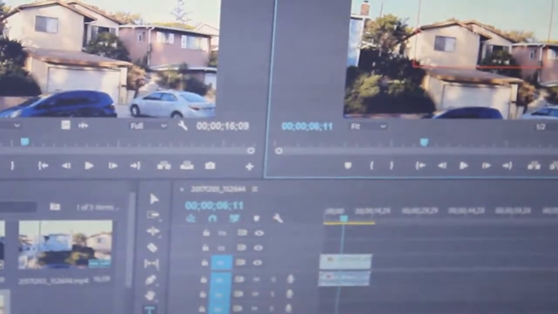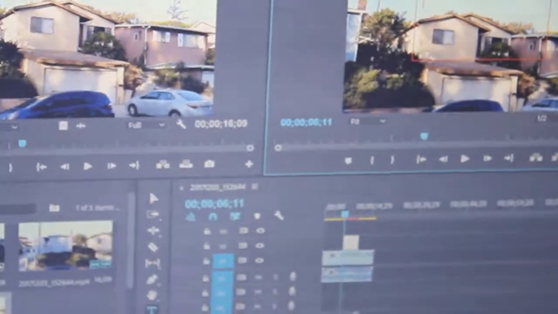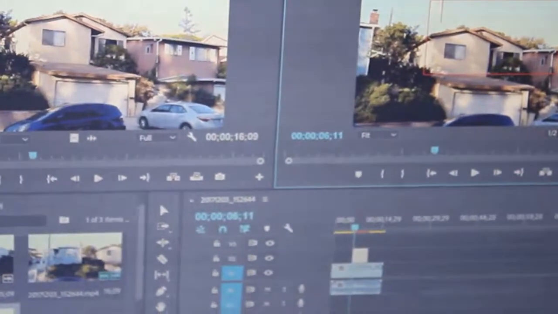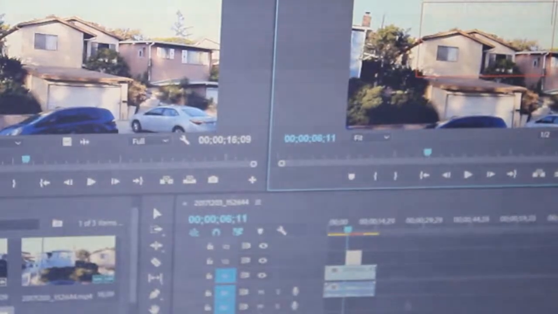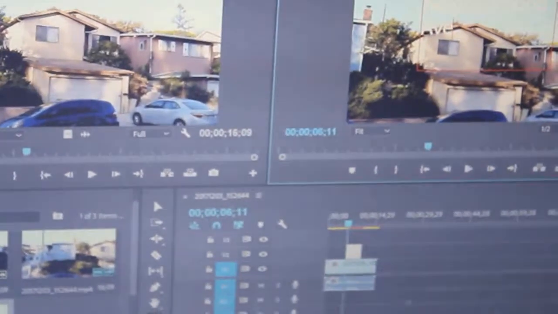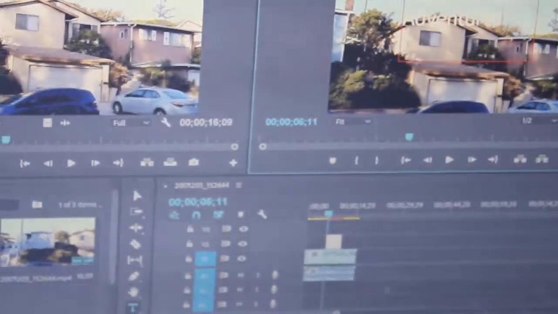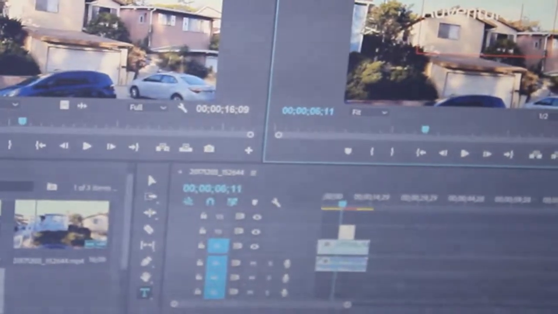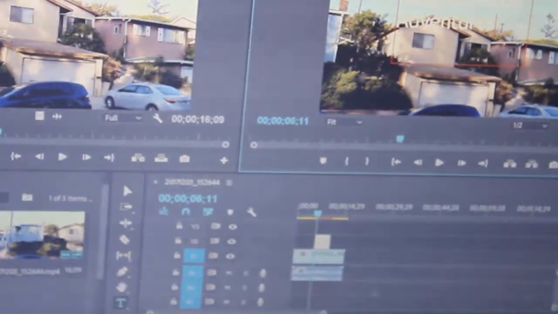I'll make it about this big. Then after that, you could type in your title, and for this I'll type Neighborhood Adventures. As you can see, it might be a little tough to view it because it's white,